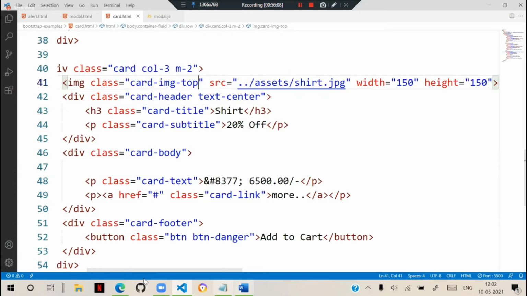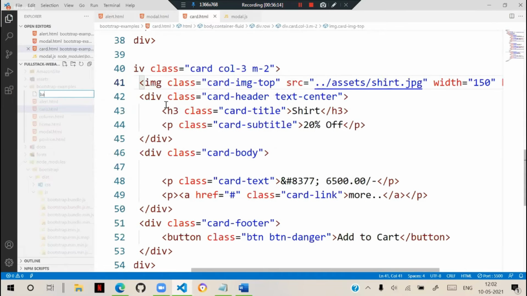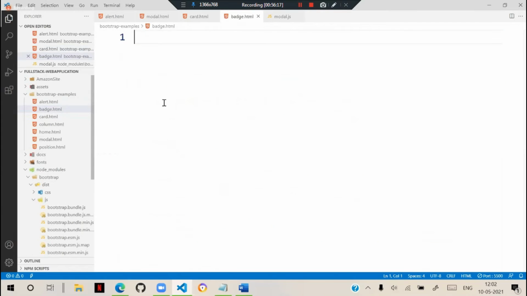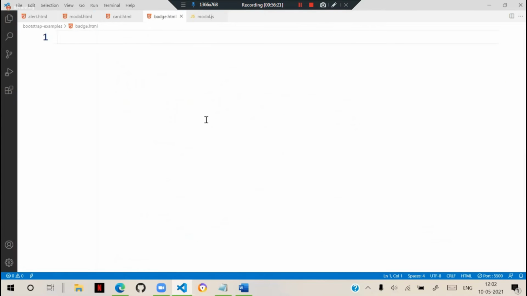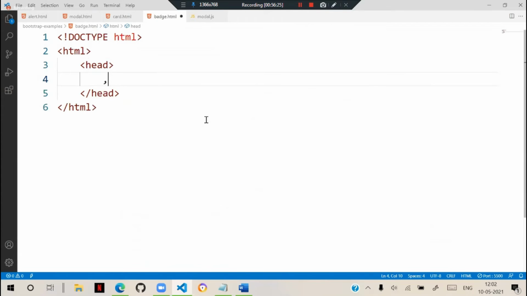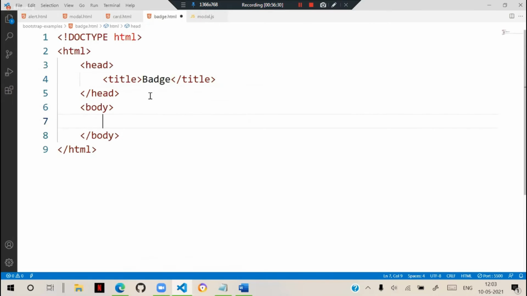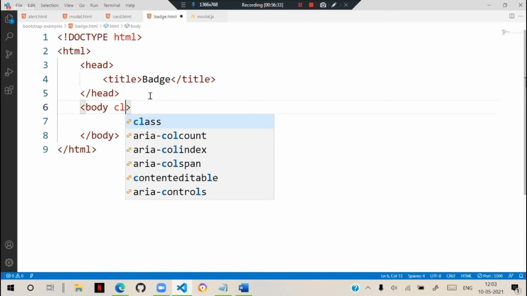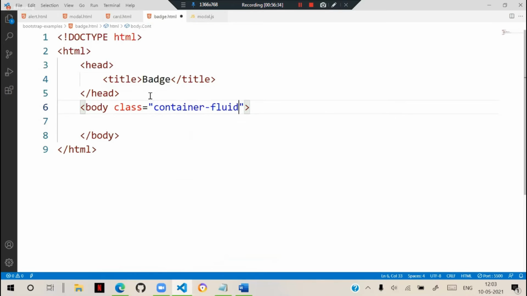For example, let's see. I will add a new file here, badge.html. And in this, doctype, HTML, head, and the title is badge. Okay. And in the body section, class as container-fluid.